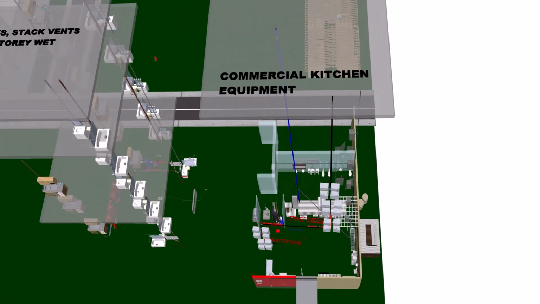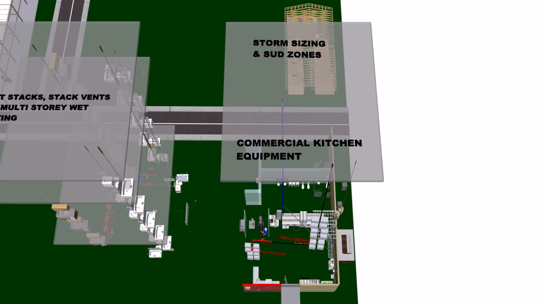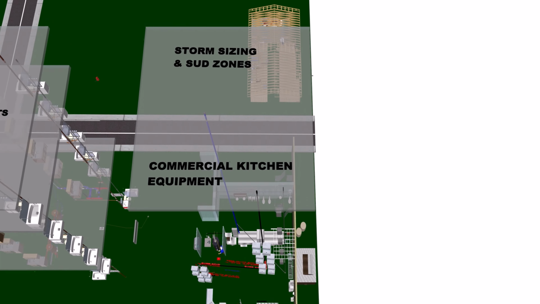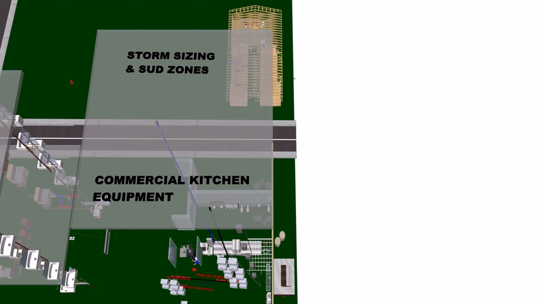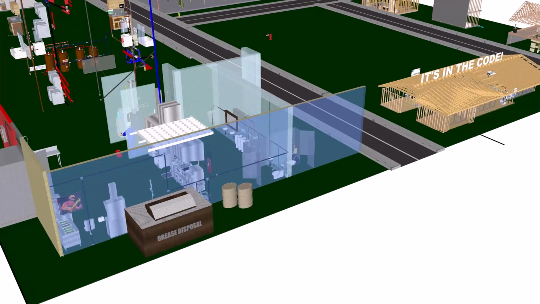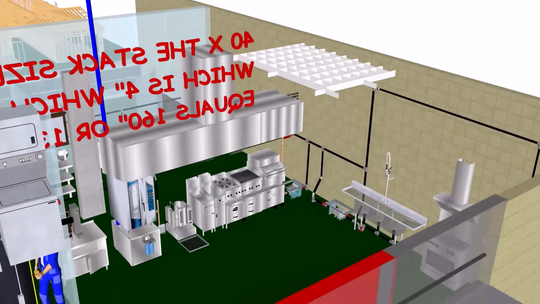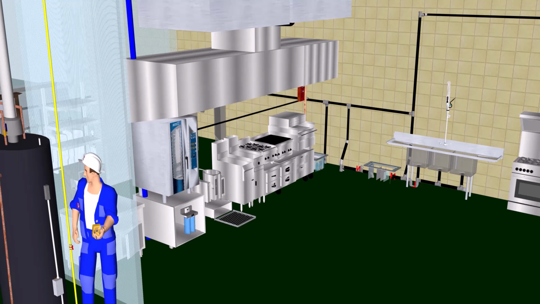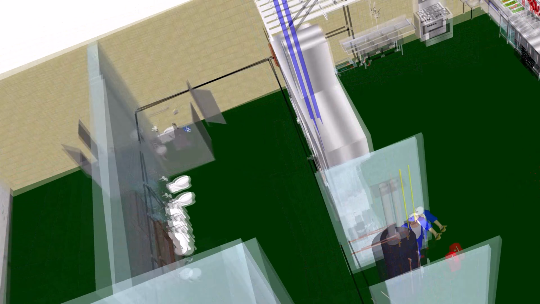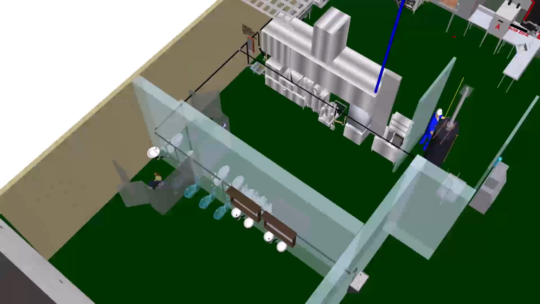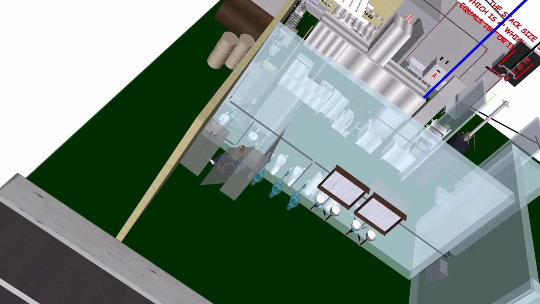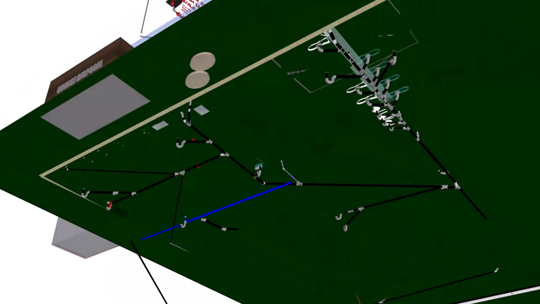In third year, we learn about storm sizing. That would be rainwater leaders and storm building drains, as well as combined drains. But in fourth year, we specialize in commercial kitchen equipment, as you can see. We'll talk about combi ovens, washdown ventilation hoods, and various other pieces of equipment, as well as circuit venting for